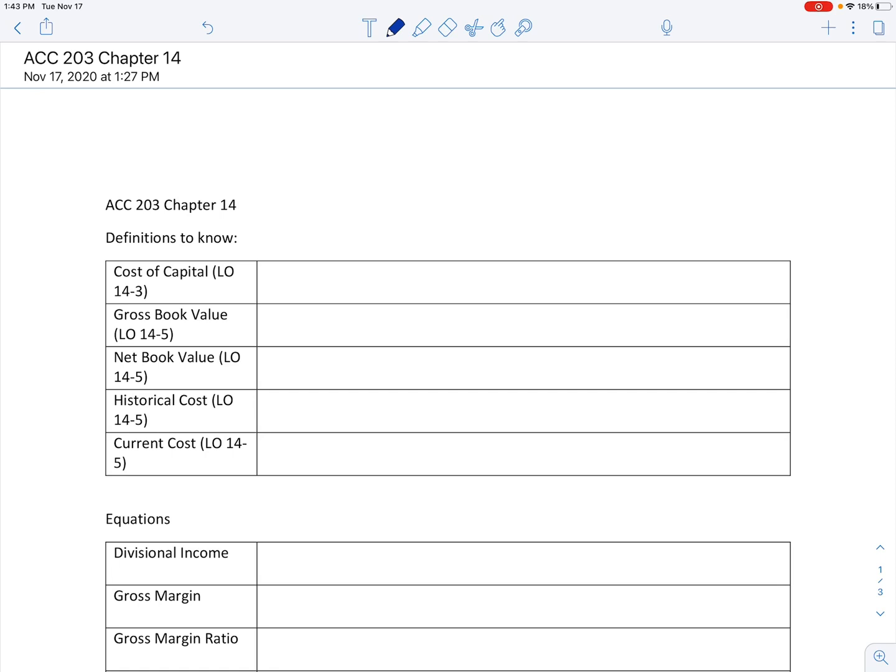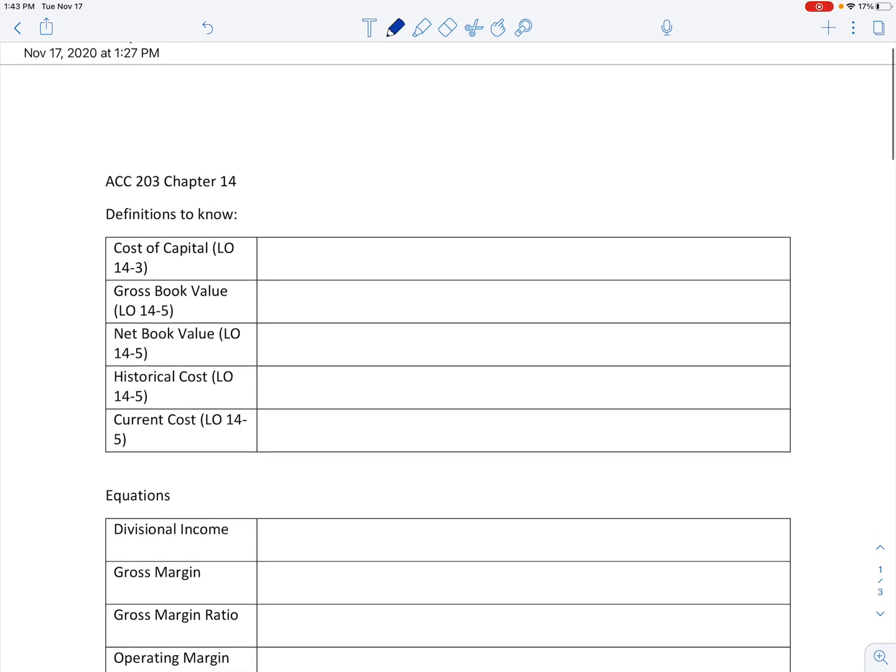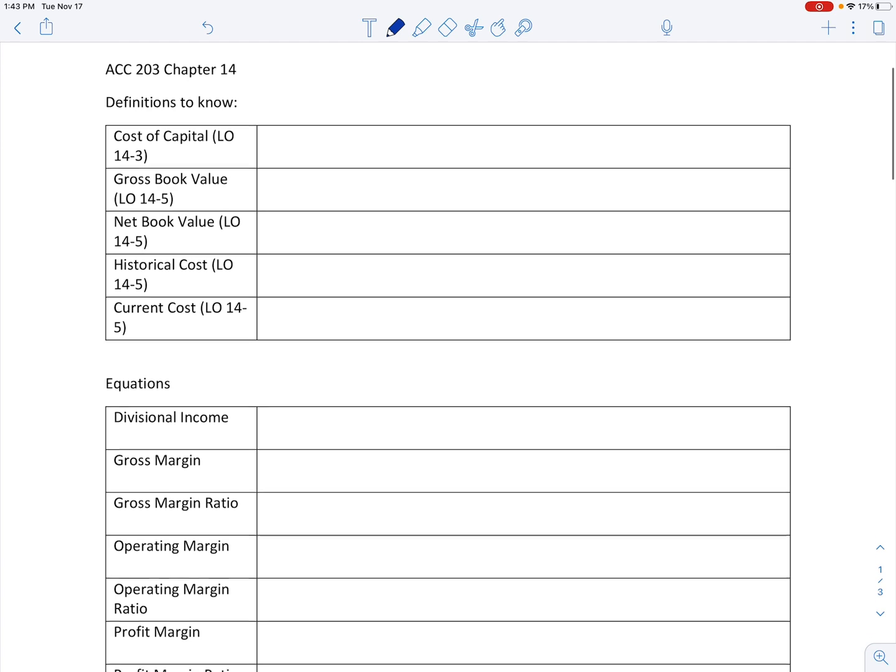There are some definitions you need to know in this chapter, and I inserted the learning objective next to them because these definitions are not necessarily in bold on the side spelled out for you. You're going to have to read through the text and really understand in your own words what these concepts mean. And that's going to help you when we get down to all the equations, because there are a lot of